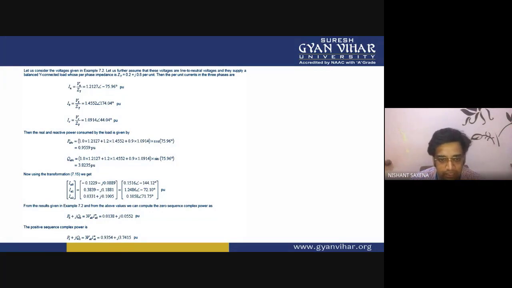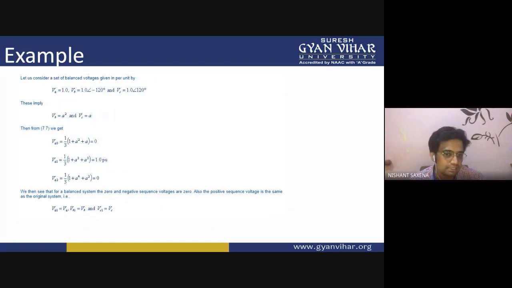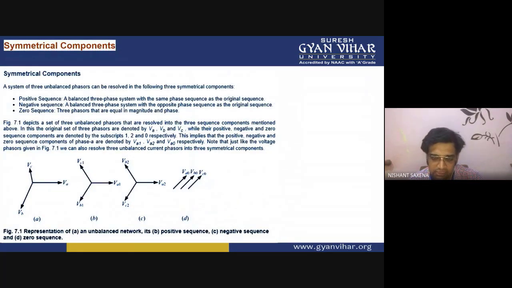Now, from 7.10 and 7.15, this is the 7.15 and 7.10 is this one, that is the voltage and the current equations. I can write it in the form of